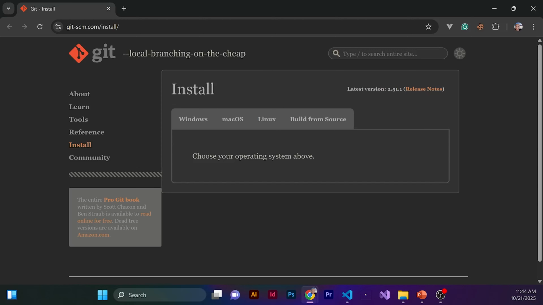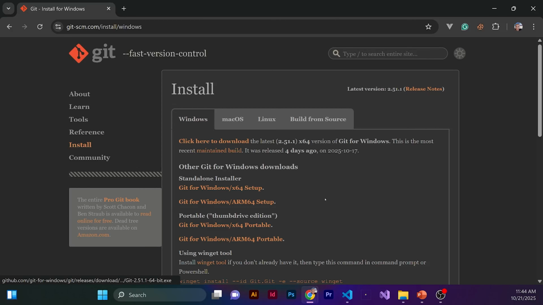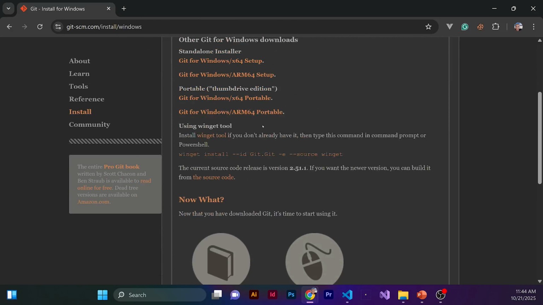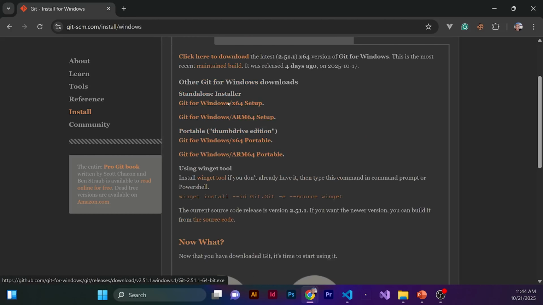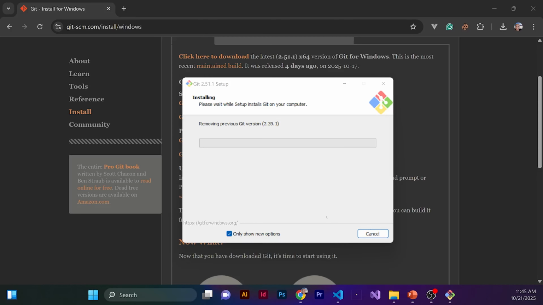Depending on what system you're using, you can select Windows and then just go ahead and download Git for Windows, the standalone installer. And then just go ahead and download that. So once it's done, then you can do the installation. I had a previous version, but I'm just going to update it because my computer has been reminding me to